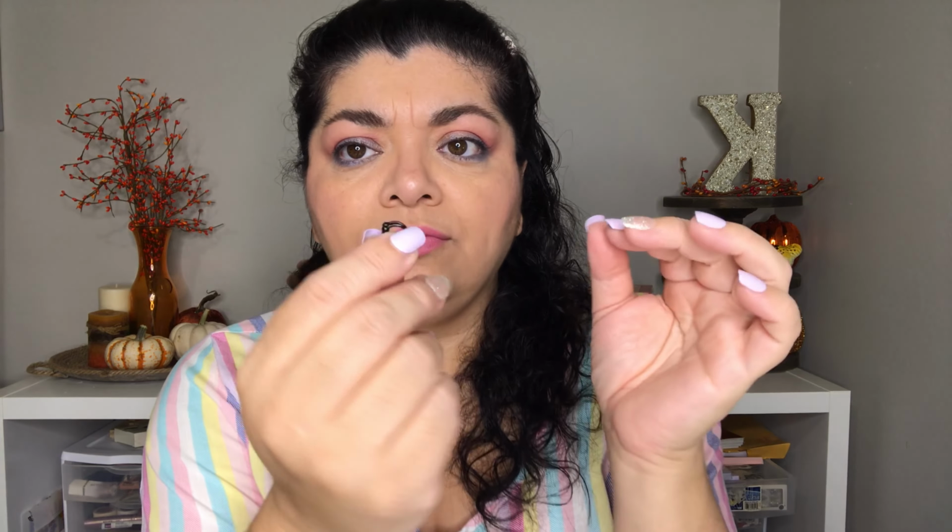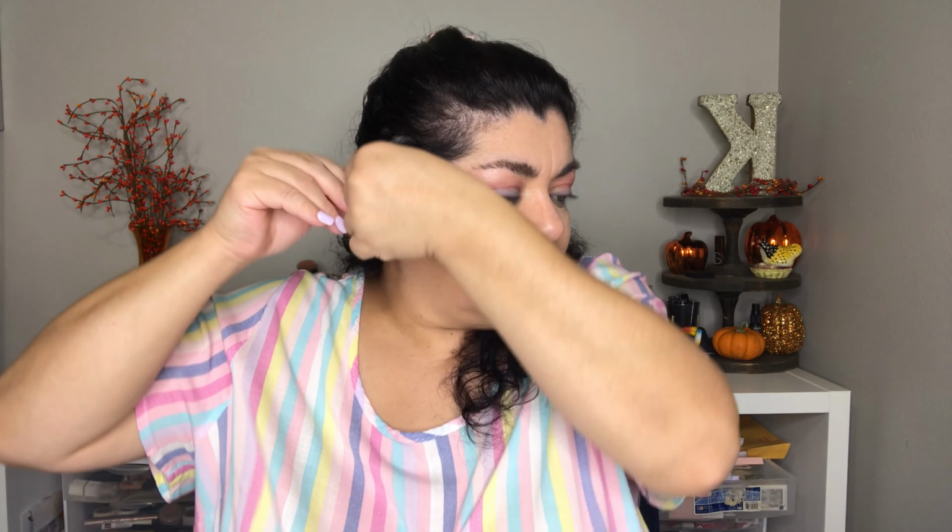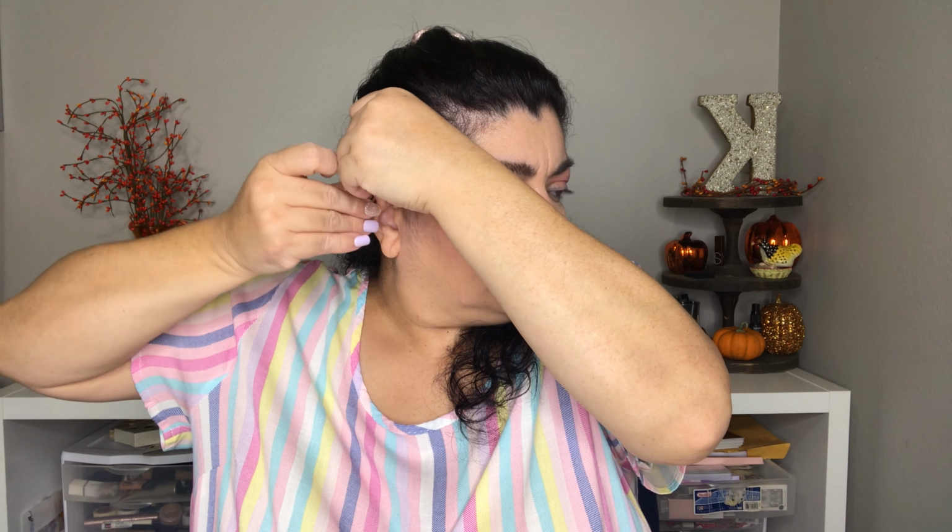Okay. Next is this. And this is a faux, like a fake earring. So basically you just stick it on, and I'm going to put it on because you just stick it on there like that, and it looks like you have two earrings right there, but it's not. It's like you just put it on top, so you don't need to have holes in your ears to be able to put these on. I think it's called a cuff, an ear cuff. Okay,